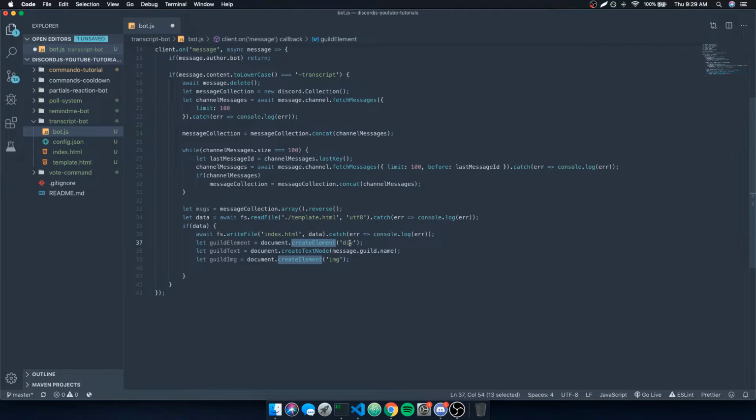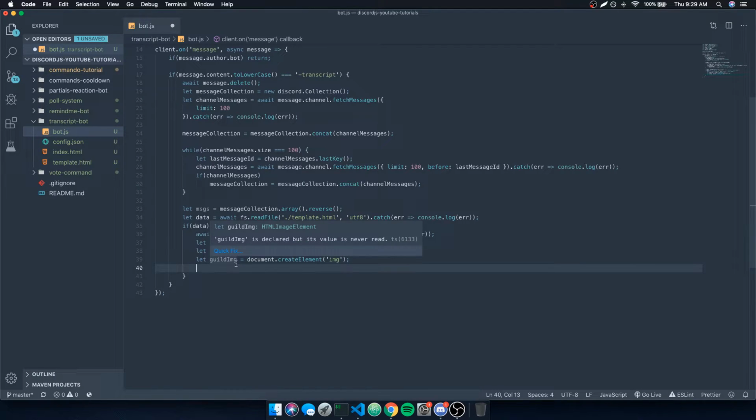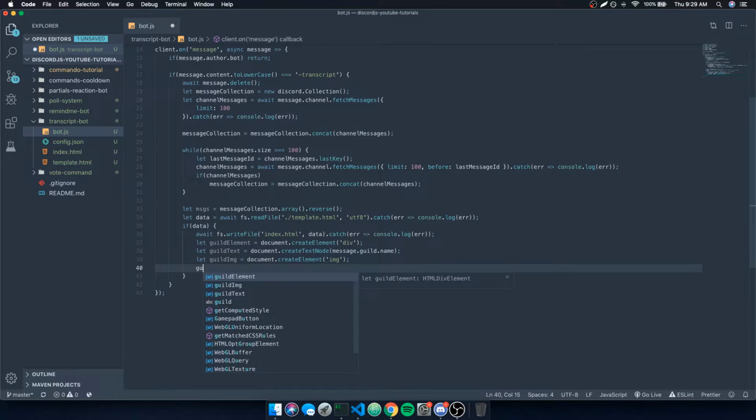So in HTML, you have a div tag, which is like a container that can hold other stuff in it. We basically want to hold things like text, images, and stuff like that. Since I want to hold text inside this div, I'm going to create a text node. And I also want to hold an image because I want to hold the guild's icon. So next, we're going to reference this guild image